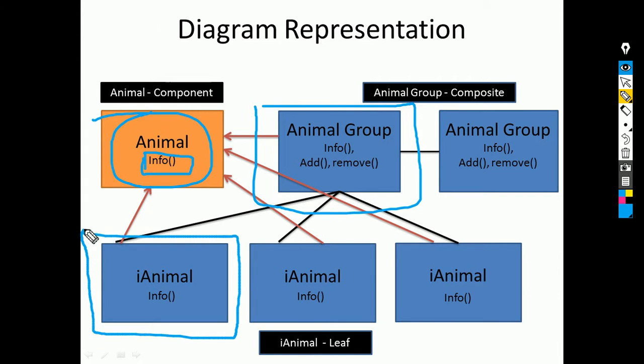The individual animal is the leaf here, whereas the animal group is the composite. I've shown the black lines here saying the group can contain individual animals. The point to be noted is the animal group can itself contain an animal group, which may not be clear at first sight, but it will eventually be clear when you see the code.